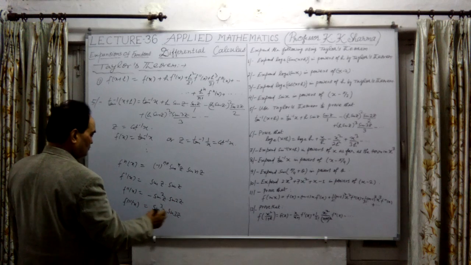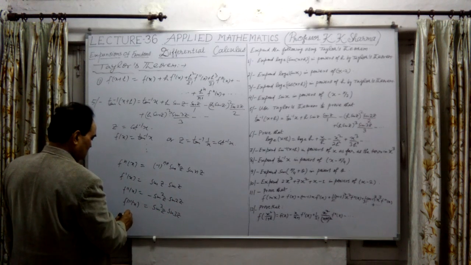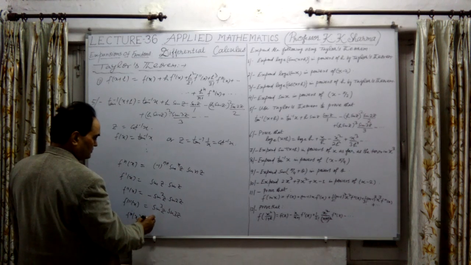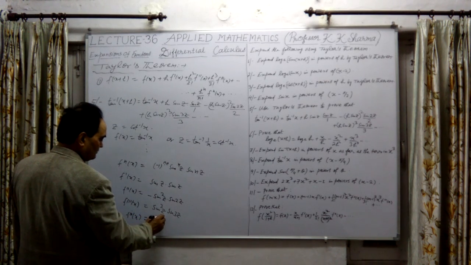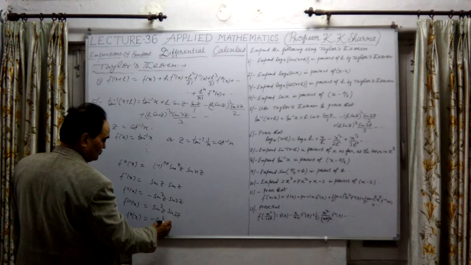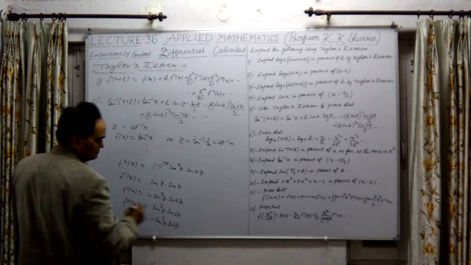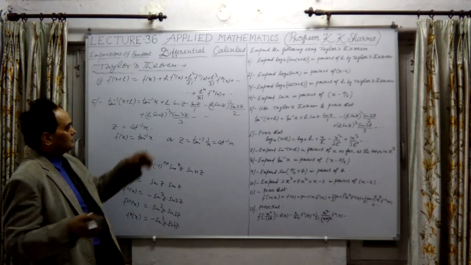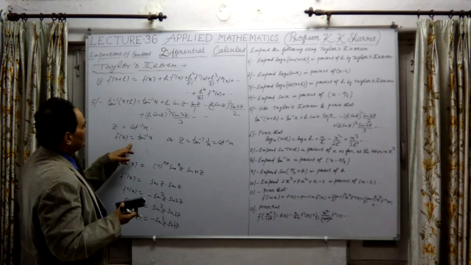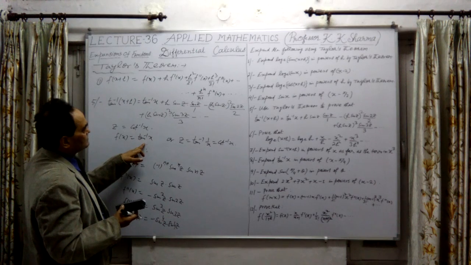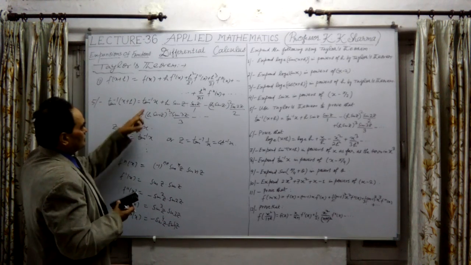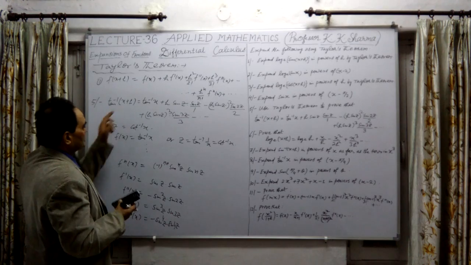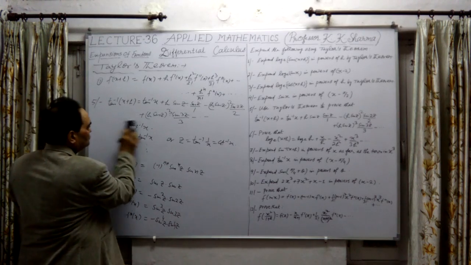And so on. Then f fourth can also be obtained. This will be negative, that means sin to the power 4 z into sin 4z. So if I substitute these values in this equation, in the value of tan inverse, f x, the first term is tan inverse x. The value of f x is this. Therefore, this value can be obtained by using